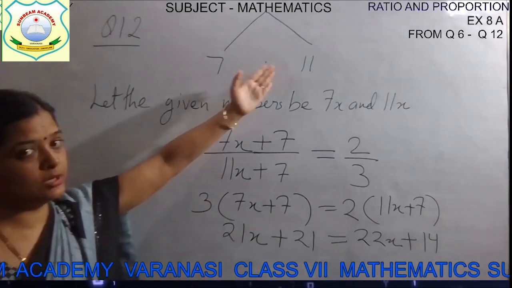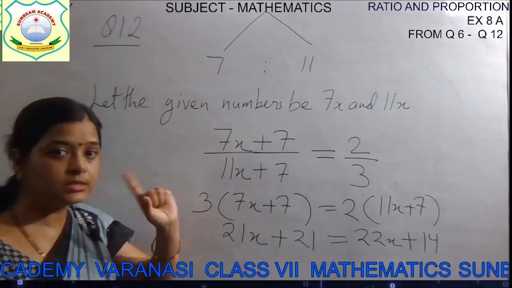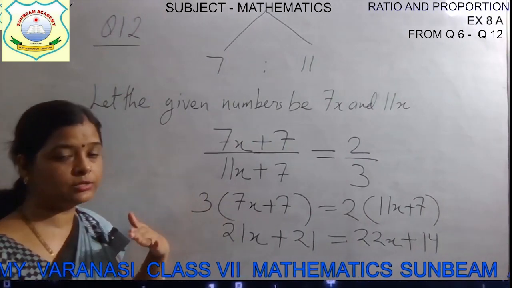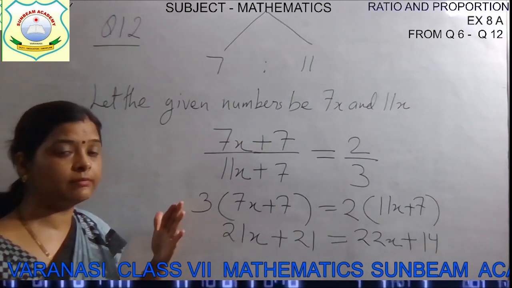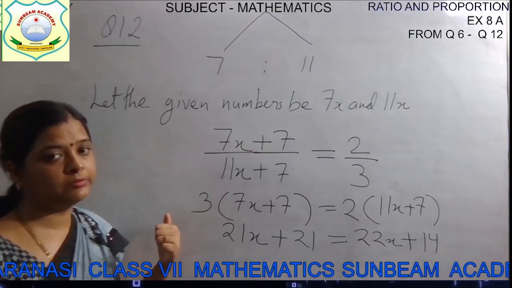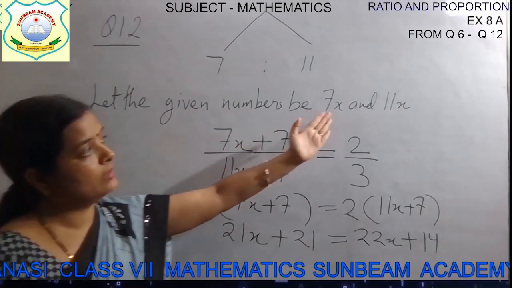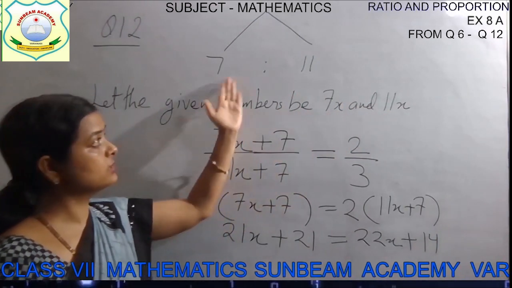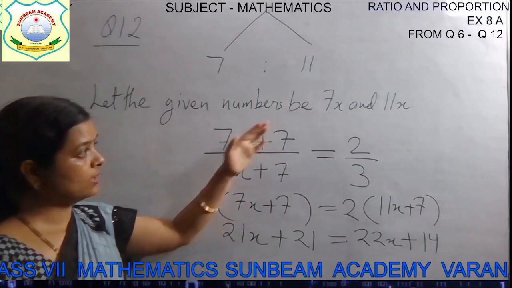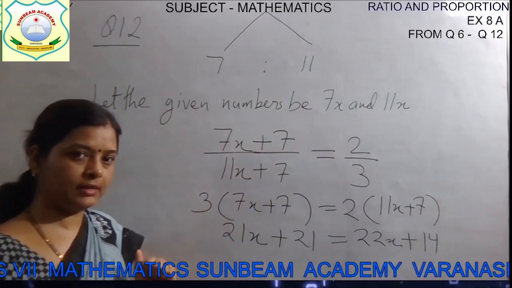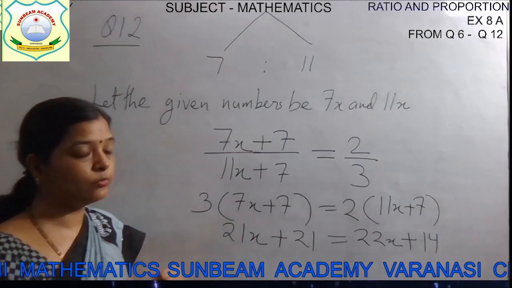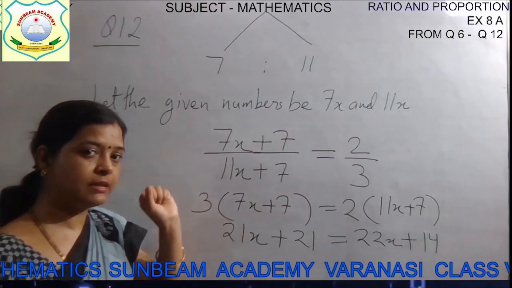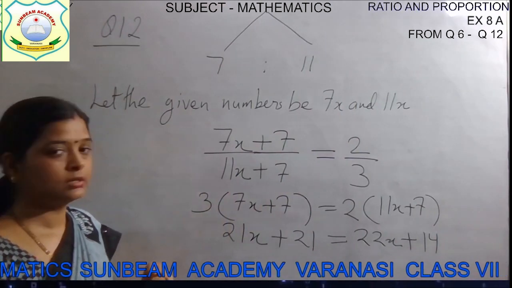Two numbers are in the ratio 7:11. It means it is not 7 and 11. It is in the form of 7:11. Means its simplest answer will be 7 in numerator, and denominator it will be 11. And wherever it will increase in the same way, then only we will get it in this form, 7:11. So let those numbers be 7x and 11x. If you take y, then you will take it as 7y and 11y. Keep the same variable, multiply the same variable to both the ratio terms.